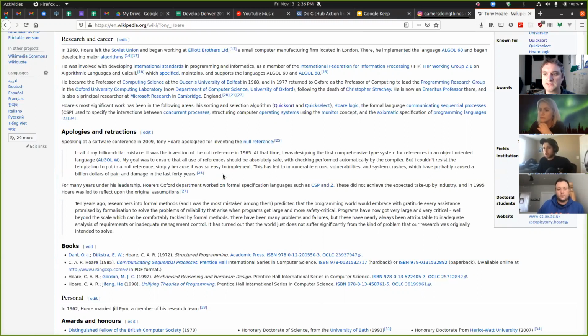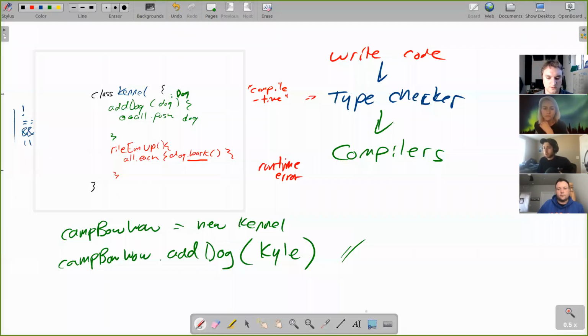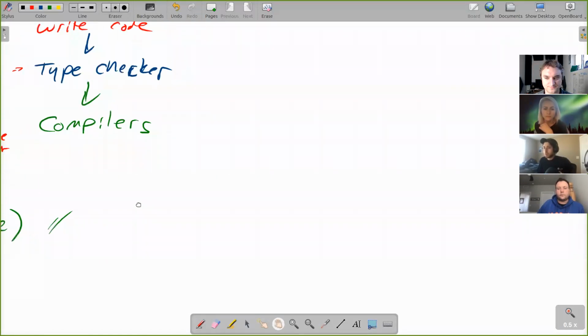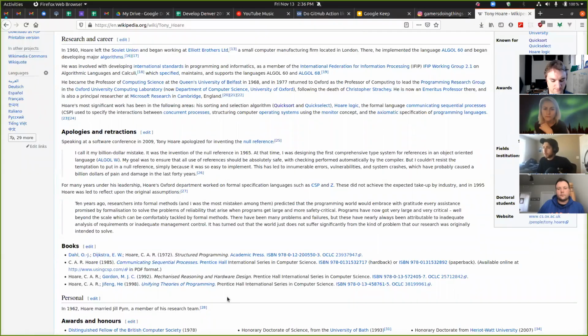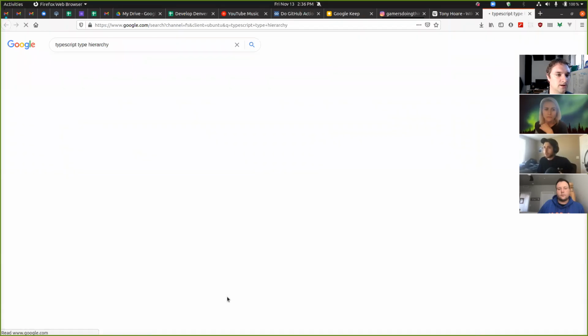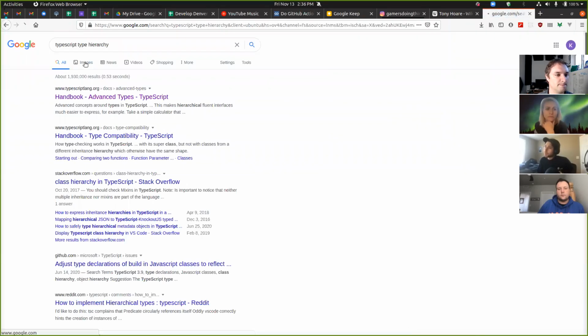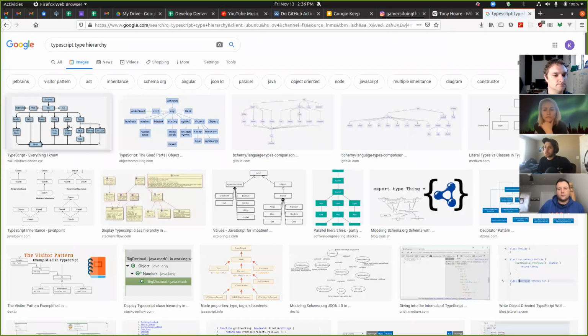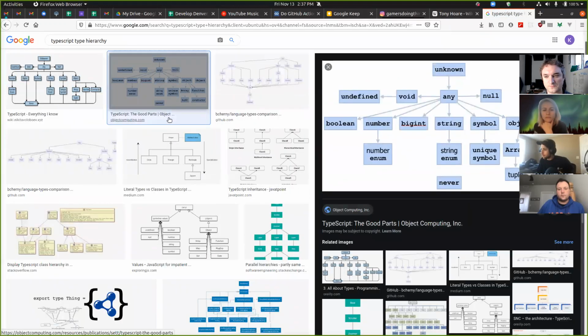Most typed languages have a couple bonus ones in there, like a common one. Actually, let me look up the TypeScript type hierarchy. Why was the null reference check such a bad idea?